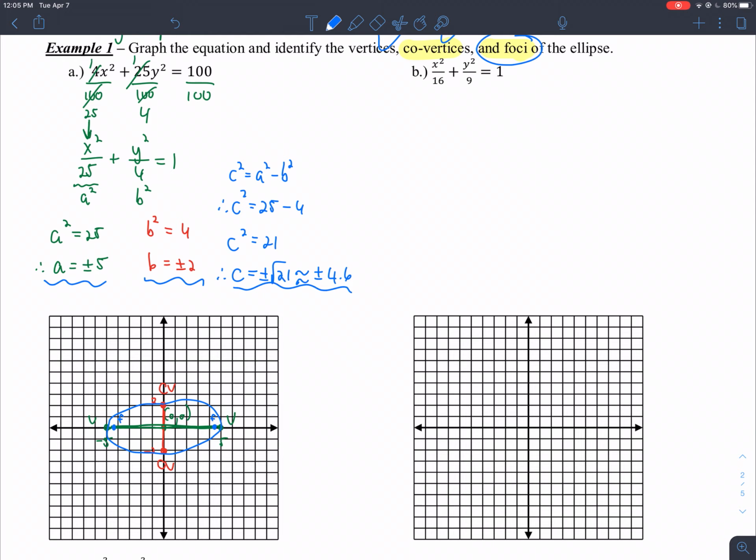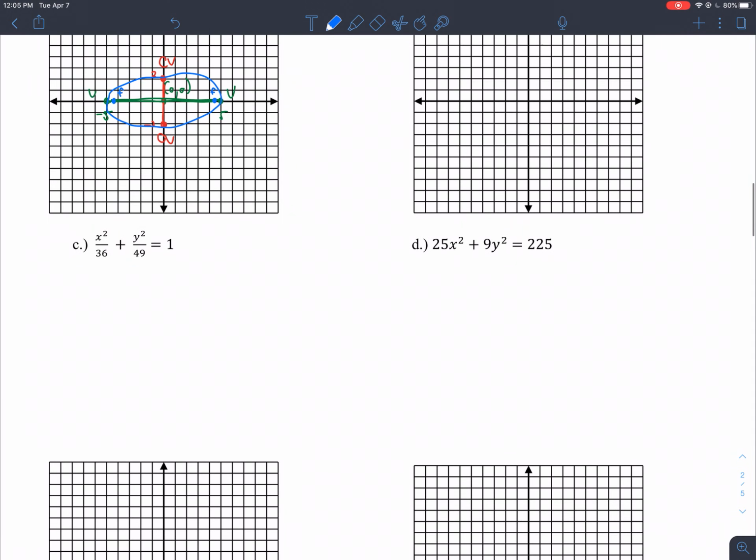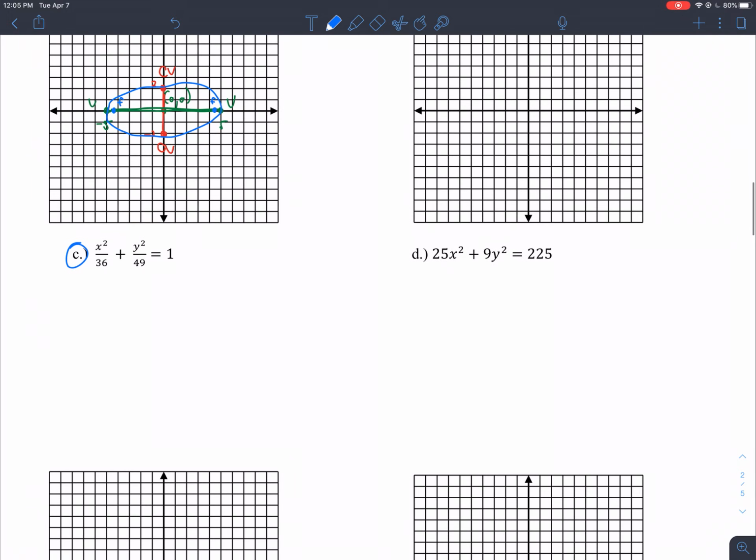Okay, and also of course that the equation was put in standard form, otherwise you can't do this properly. Alright, I'm not going to do B, you can do B. Let's do C, because C is a vertical ellipse, and at least you have seen one of each. If you want to do B and D, feel free. If you feel comfortable, don't do them. Okay, so let's do letter C,